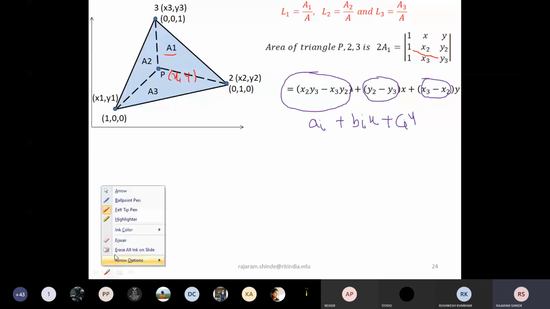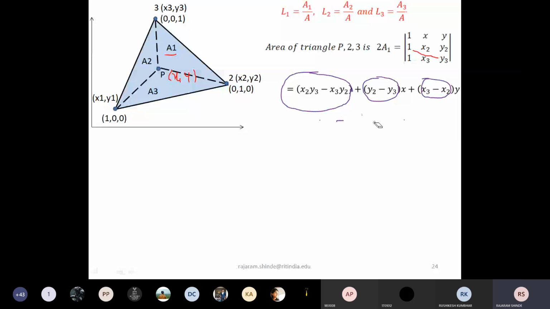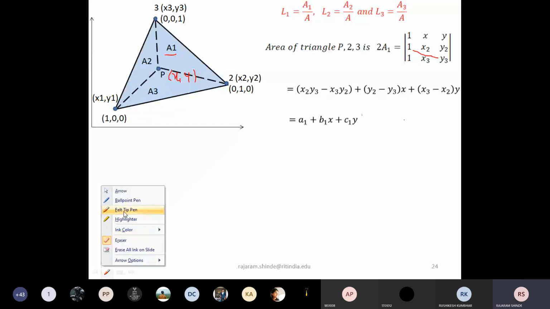Now already you have seen these equations. Here, this first term is your ai. Second term, I have written here a1. Okay, it may be a1, it may be ai. Same, just the subscript I have changed. It is a1 plus b1x plus c1y. Over. Have you got it? Now, if you have a doubt in this equation, you can ask me. This equation, I have already explained a lot of times. Okay. Next, this is your 2a1. Now next one.